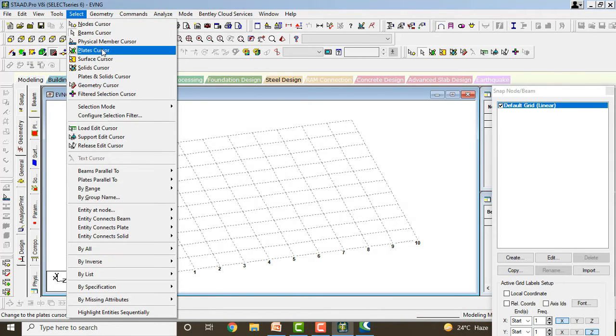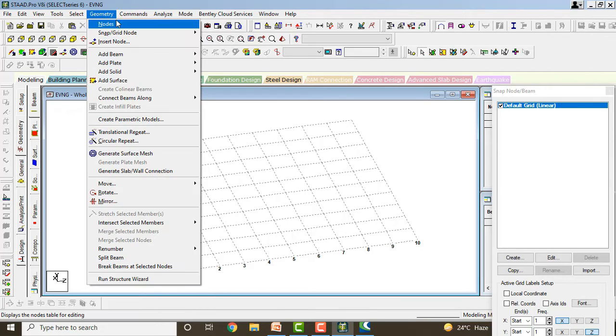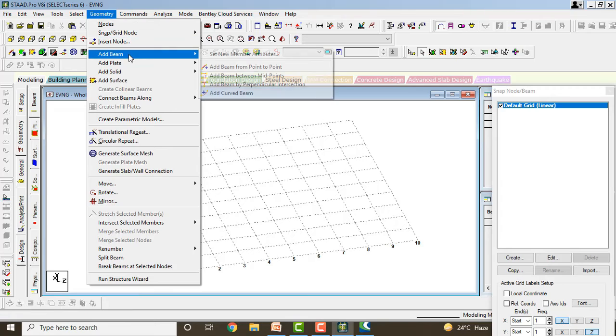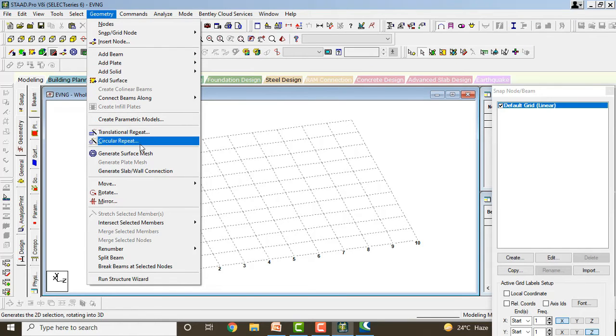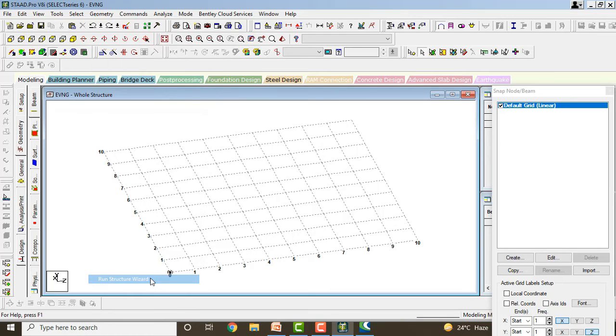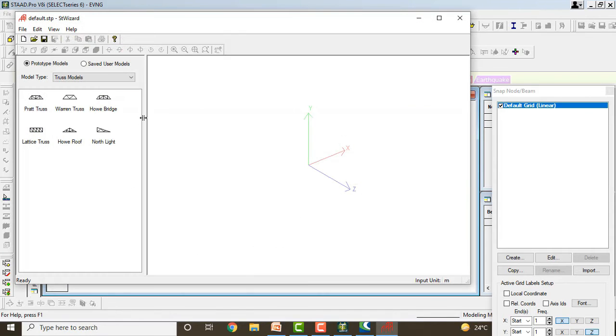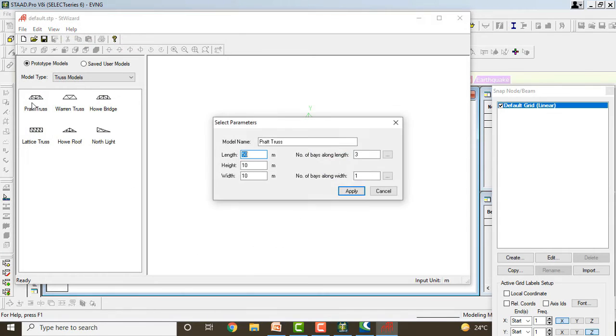So here, if you go to select, cursors are also available here, and geometry is about how to add beams, or if you want to add plates, or you want to do translational repeat, or you can move, mirror, everything. So if we click Run Structure Wizard, here we can select our structure, which structure we want to